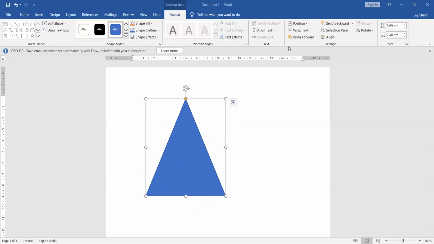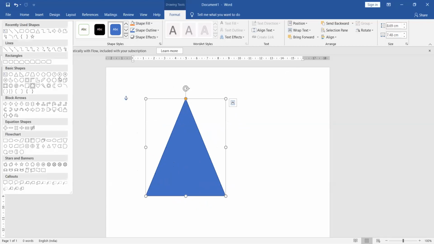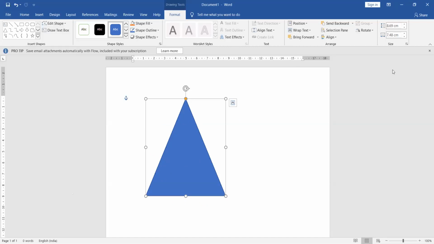Okay. Next is, let us see all the options over here. Now, if you have to change the shape, or if you have to insert any new one also, here you have again these same options, beta. Okay. And supposedly you have to change the color of this particular shape. Then what you will do? Shape fill. Okay. So first option is our shape fill. And when I'll click on this, I'll get these options. See, I'm clicking on shape fill and you will see all the colors in front of me.